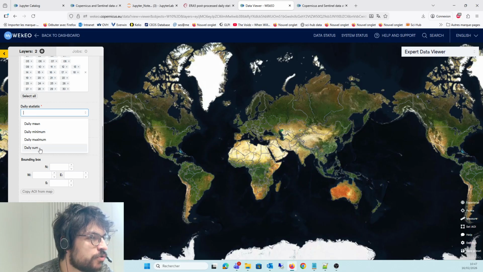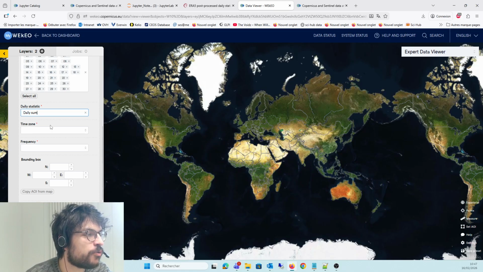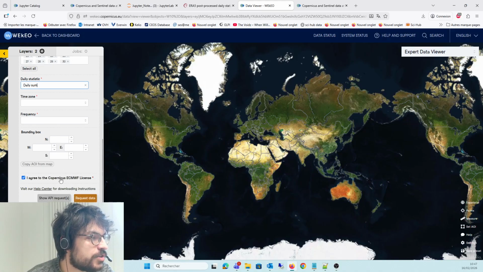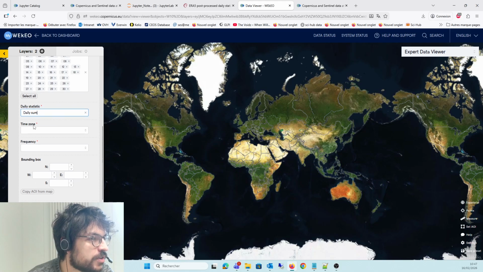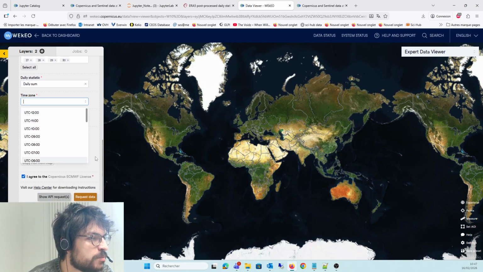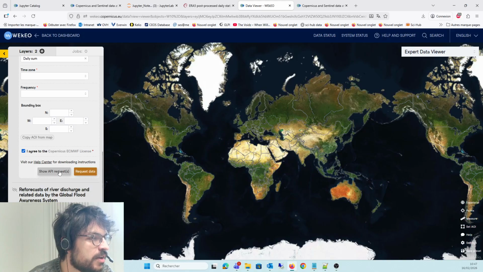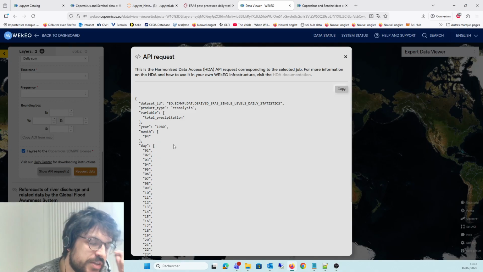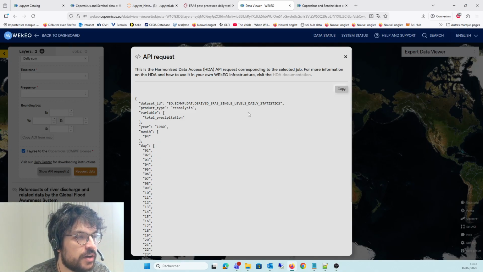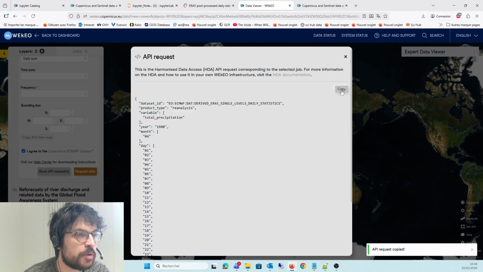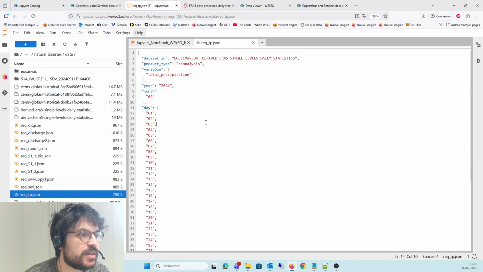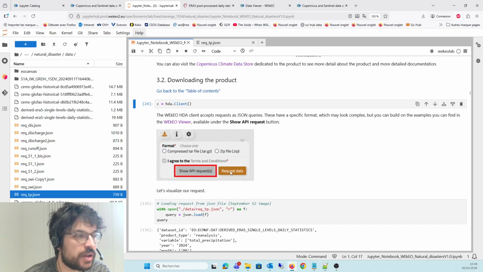For precipitation, you usually use daily sum because the amount of rain accumulates, of course, over time, etc. You don't need to fill in anything if it doesn't have a red star, but what's important to notice here is that in the end you have a show API request button here, and this will immediately convert your specifications here into the proper format for the Harmonized Data Access API, and you just need to copy it and paste it in your JSON file. So this is exactly what I've done to build this request.